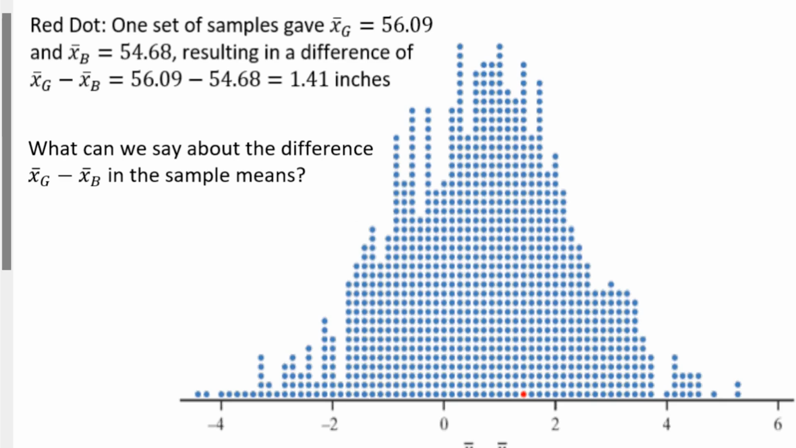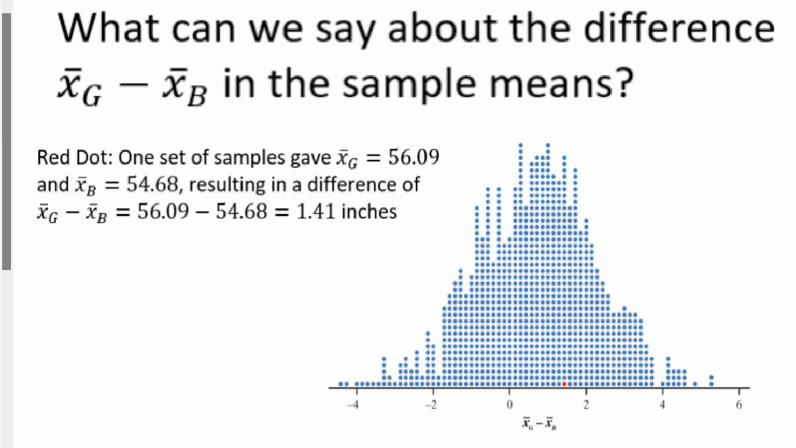So let's just say that we asked the question, what can we say about the mean difference between girls and boys in this sample? So girls minus boys. Well, over here we have a whole large set of samples. And they're shown on this distribution on the right of this dot plot, which, if you look at it, looks fairly normal. We have one red dot down here, and that's representing a set of samples that gave the mean girls height of 56.09 and the boys height of 54.68,